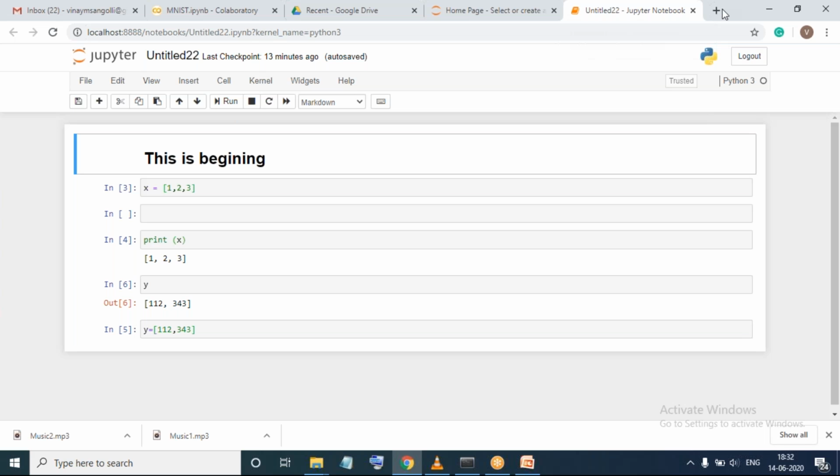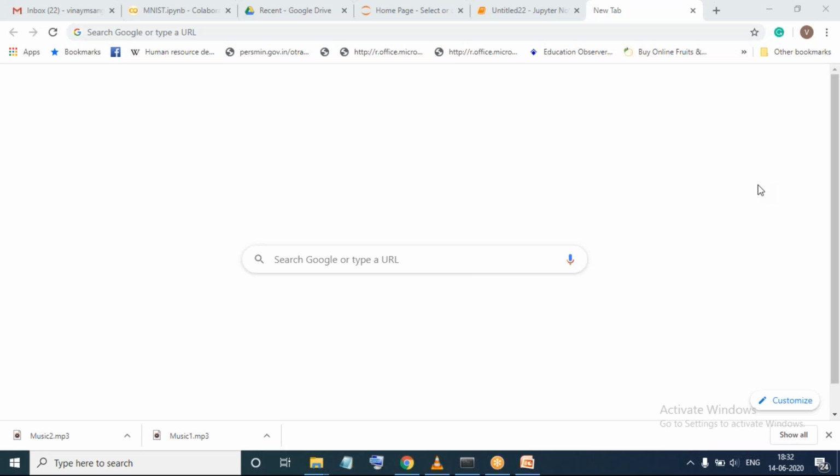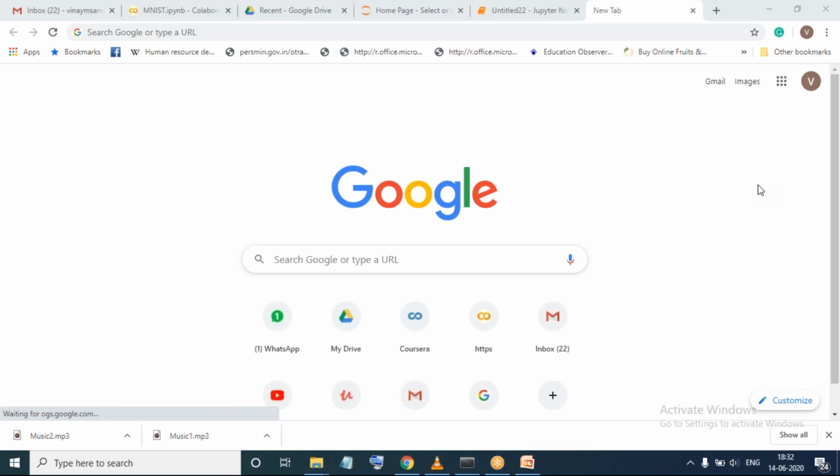One more major advantage of Google Colab is that it has many inbuilt libraries which we require for deep learning, machine learning, or data science. If I want to use n number of libraries, I would need to do n number of installations. Google Colab is ultimate for people who don't want to do any environment setup. If you are not interested in doing any environment setup, you can very easily use Google Colab. So open a new tab and just type Colab.